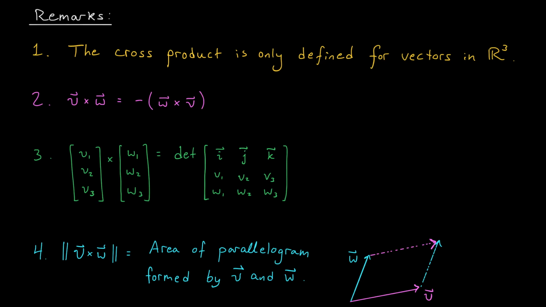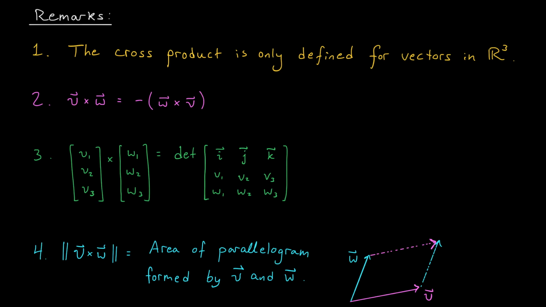Thirdly, if you know a little bit about determinants and you're looking for an easier way to remember this cross product formula, you can think of the cross product of these two vectors as the determinant of this 3 by 3 matrix. We put the entries of v in the second row, the entries of w in the third row, and in the first row we actually put our standard basis vectors. Now I know it's maybe not notationally correct to put vectors as entries of matrices, but we're going to do it here